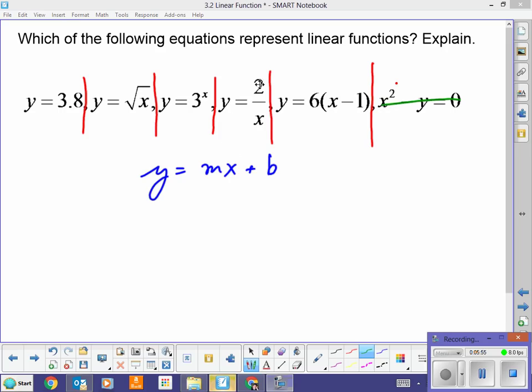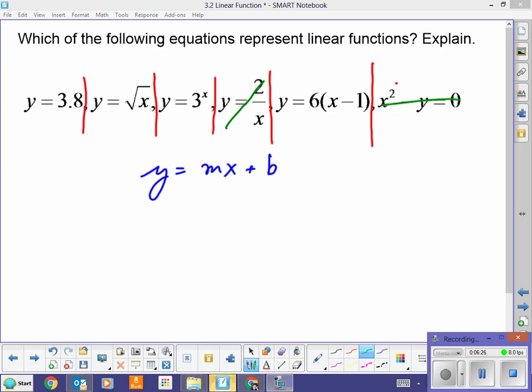This one, y equals 2 divided by x. Well, is there a way I can write this as x times something, like multiplying by the inverse or something like that? And I really can't think of this as 2 divided by x. It's not x times something. This is really a 2 times the inverse of x. So this is not a